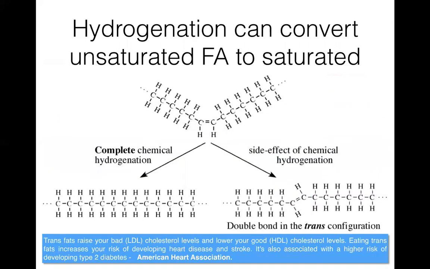So just to recap, hydrogenation can convert an unsaturated fatty acid to a saturated fatty acid. Now, what we desire is complete hydrogenation, where there is the conversion of the double bond into a single bond. However, that is not always the case. In the process of hydrogenation, we do have some side products, and this is the conversion of the cis fatty acid to trans fatty acid. So there is simply a rearrangement of the hydrogens in the double bond so that they are now located opposite